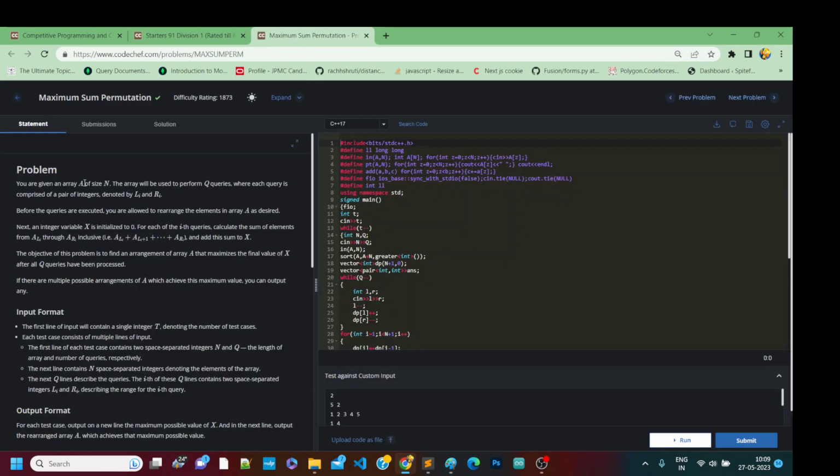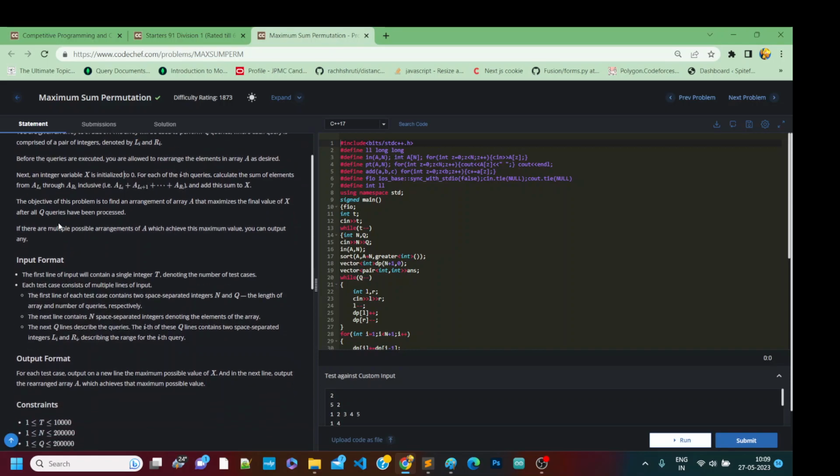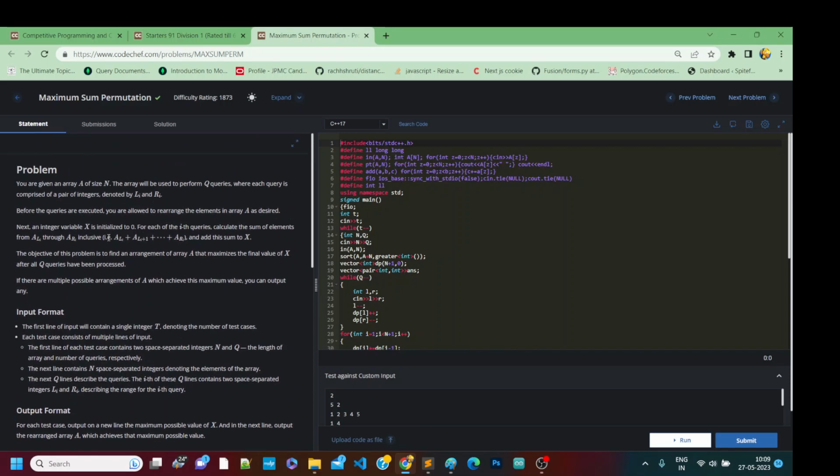Now moving on to our third problem, which is maximum sum permutation. In this, we are initially given an array of size n. Then we are given q queries, with ranges from L to R. So what we have to do is sum all the numbers from L to R in the